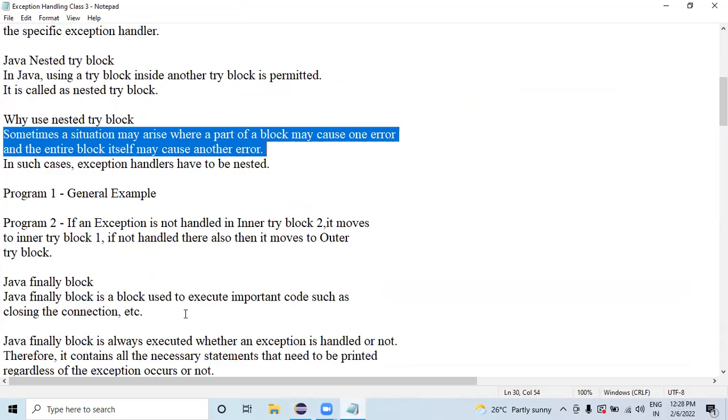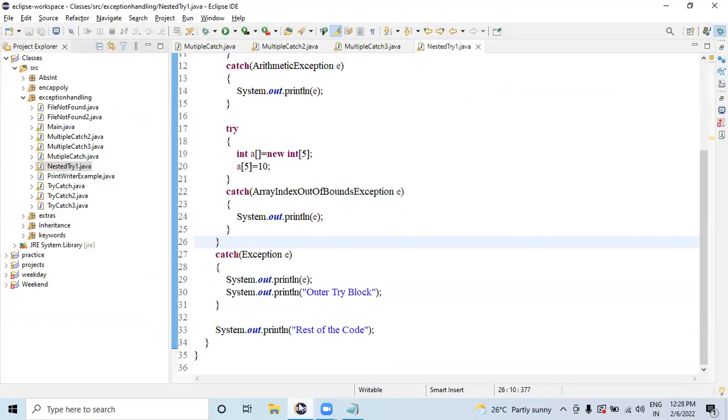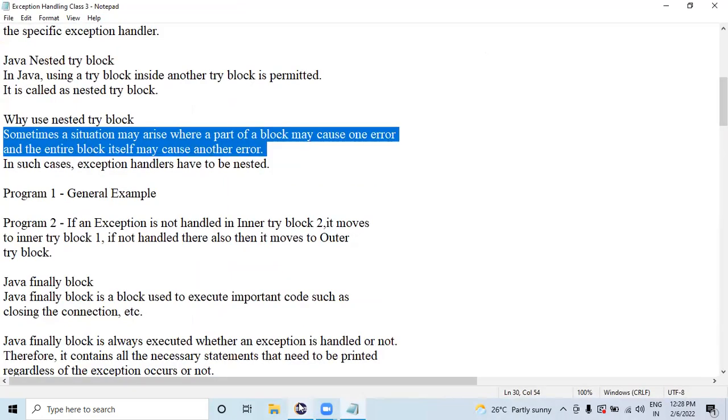So what I will do now is try to perform multiple nesting. What do you mean by multiple nesting? I will create an outer try block. Then I will create an inner try block, which is getting nested. Inside that I will create one more try block. So there is an outer try block, inner try block 1 and inner try block 2. So in such a case,